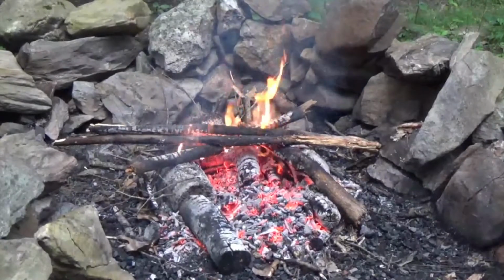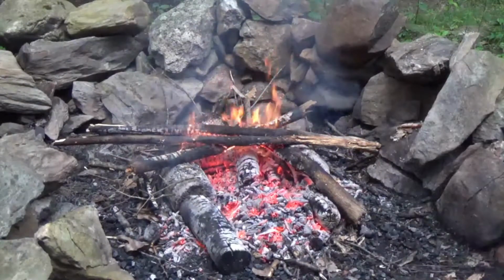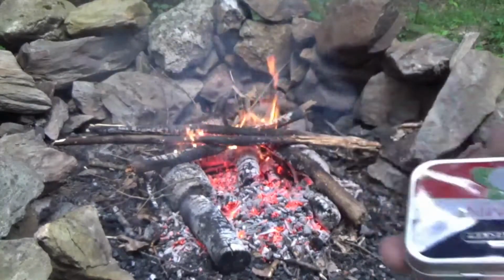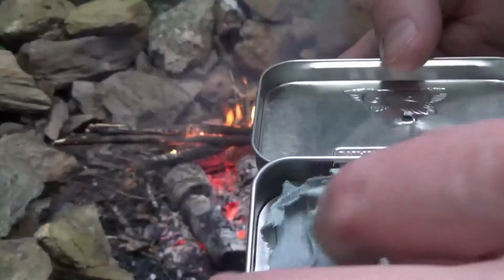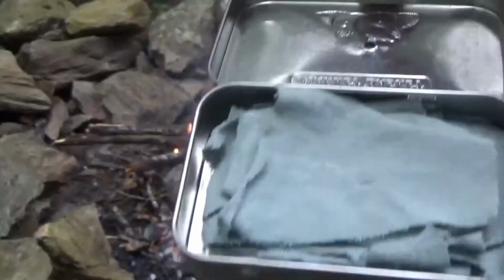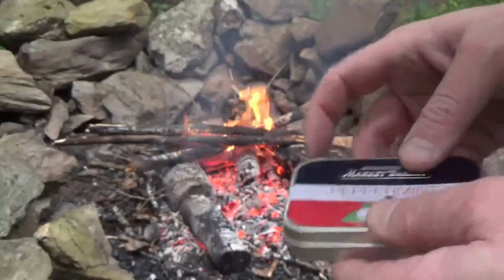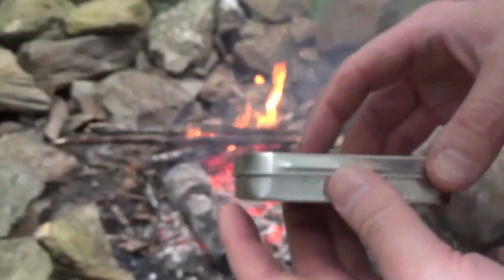Alright, Finn, so as you can see, I have rearranged my fire in a way that all of my coals are towards the front because we just need the heat. What we're going to do is take this cotton t-shirt. This is the same material that I sent you in your kit. It's got 1 hole punched in the top, and you probably don't even need that hole because the science behind